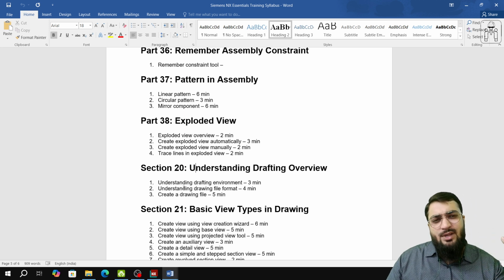So the drafting consists of top view, bottom view, left view, right view, front view, back view, isometric view,